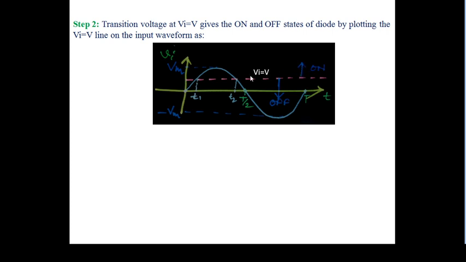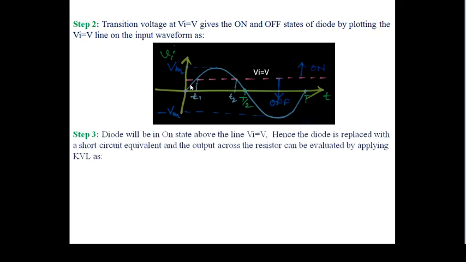The diode will be on for Vi equals V, and the diode is off when the input is less than Vi equals V, meaning below this line the diode will be off. Suppose this one is 10 volt and this one, Vi equals V, is 5 volt. Above 5 volt the diode will conduct. You can take it as an example. And if this one is 3 volt, the diode will be in reverse bias. From that figure you can easily think. So this one is the second step.